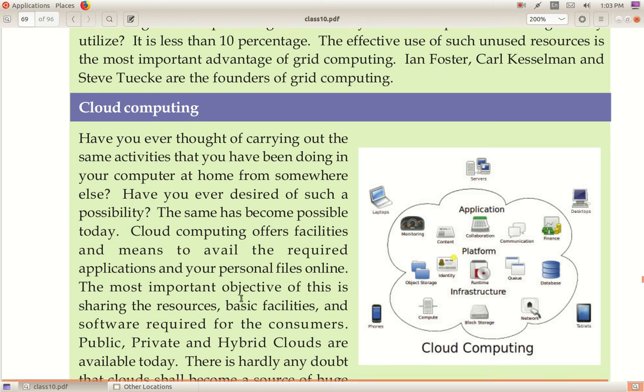Another example I will give you. For example, you all have an email address, isn't it? While sitting anywhere, you can access your email. Sitting anywhere, from any computer, you can open your mail. Where are all the letters lying in the inbox of this mail? It is in any computer, any server. You are using it. That is cloud computing.